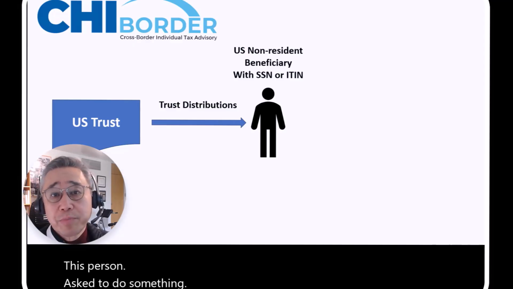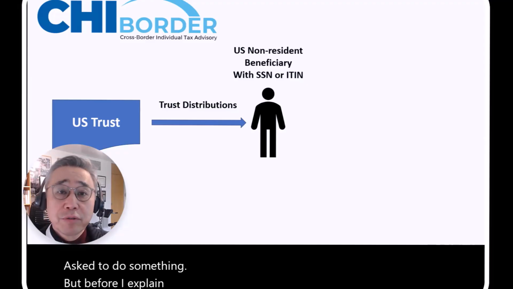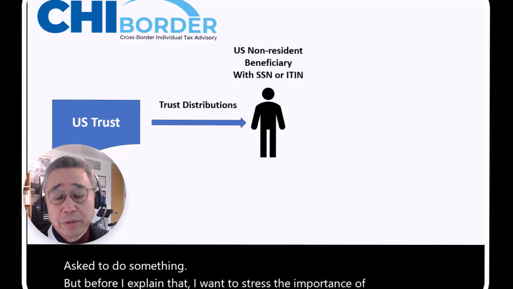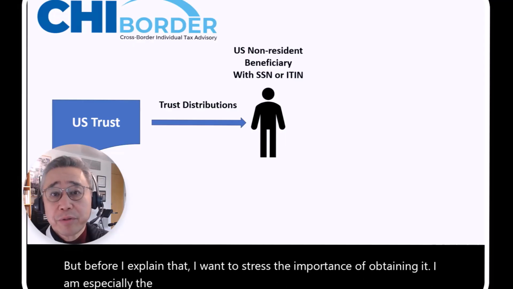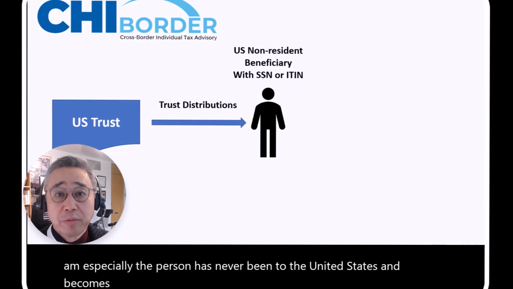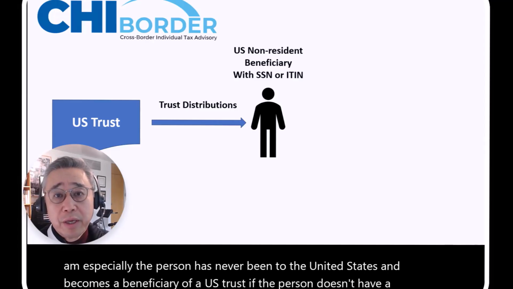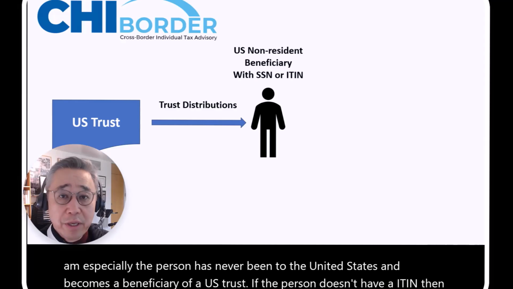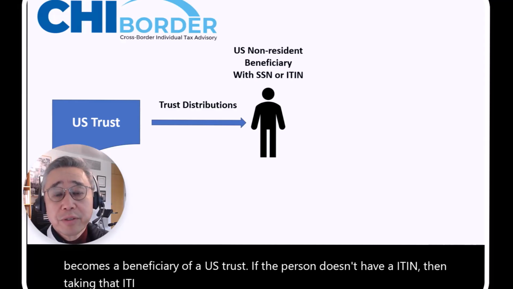But before I explain that, I want to stress the importance of obtaining an ITIN, especially if the person has never been to the United States and becomes a beneficiary of a U.S. trust. If the person doesn't have an ITIN, then obtaining that ITIN is required to get this distribution happening